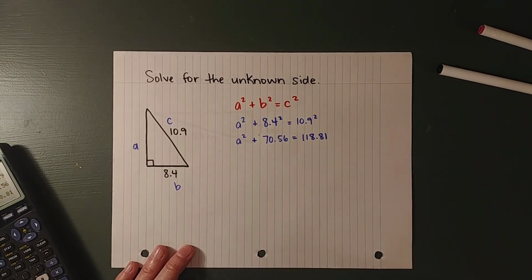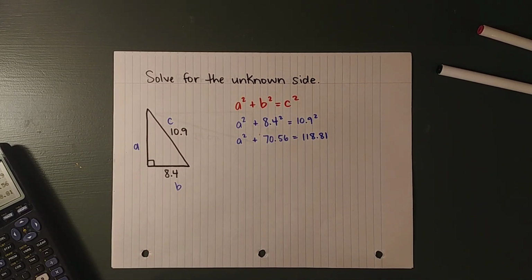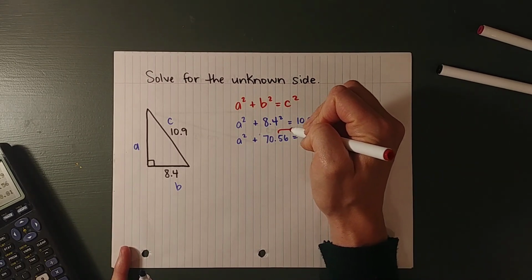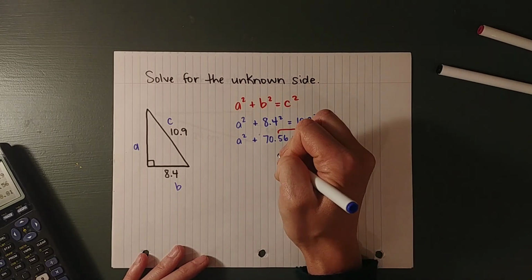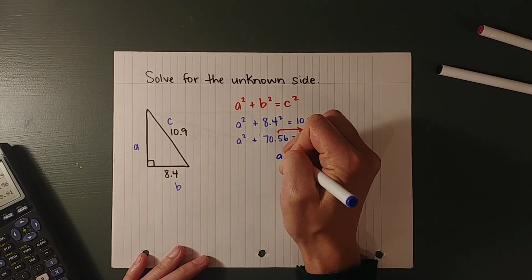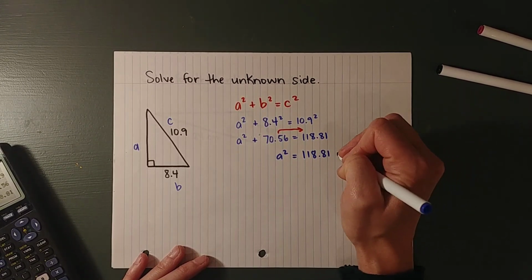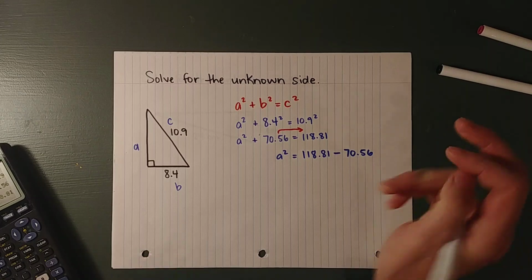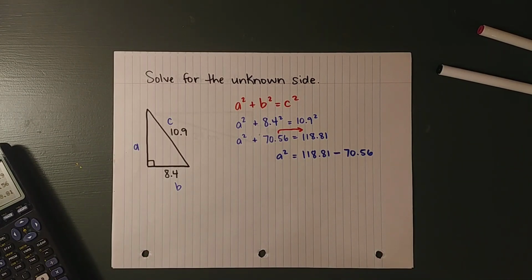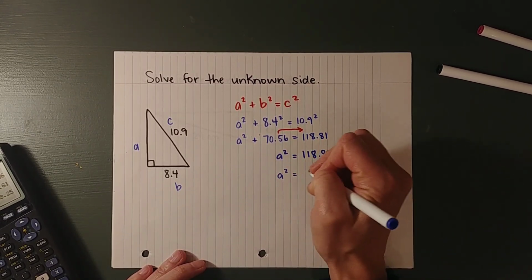118.81. Now, if you remember back from our solving equations unit, we remember that in order to solve for a variable, we want to get that variable all by itself. So we want to move this 70.56 to the other side. When we switch sides, we need to switch signs. So when we move our 70.56 to the other side, we're going to subtract it. So subtract that 118.81 minus 70.56 gives us a value of